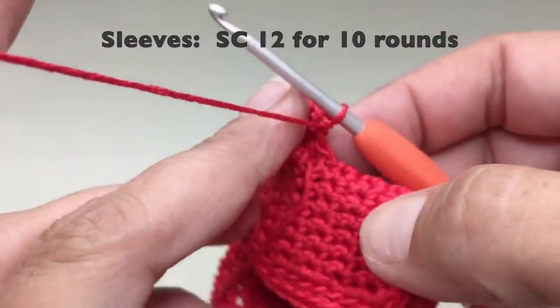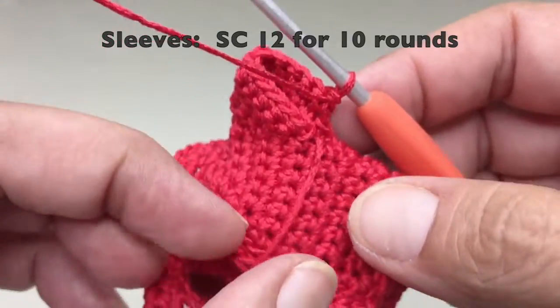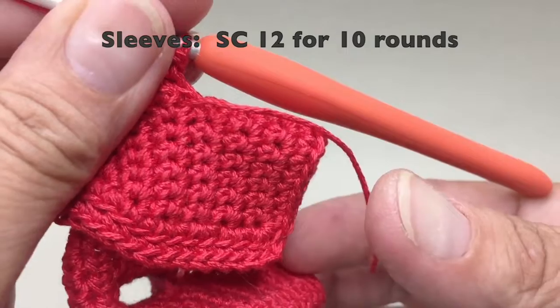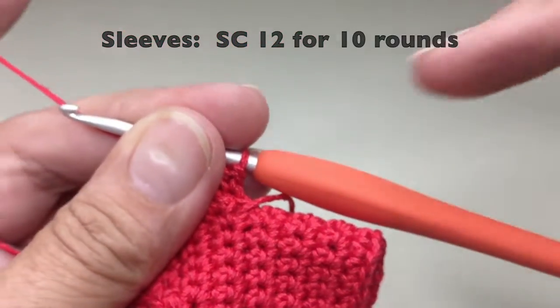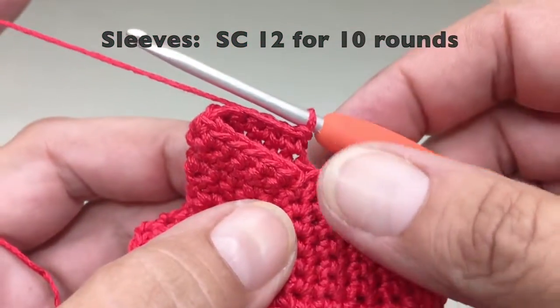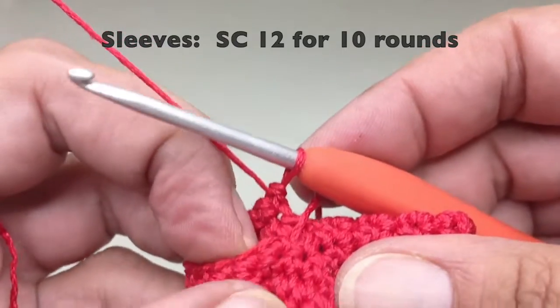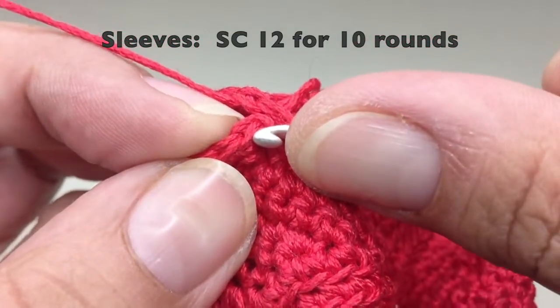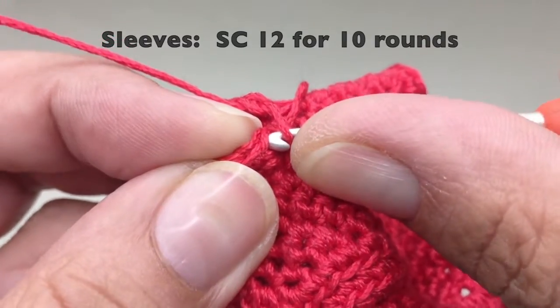So now we're just going to turn the top around the little jacket, and it's a good idea just to put this thread at the back, because otherwise it gets trapped inside the arm. So just push it to the back, and now you just want to come across to this first available stitch, this first little V right here,